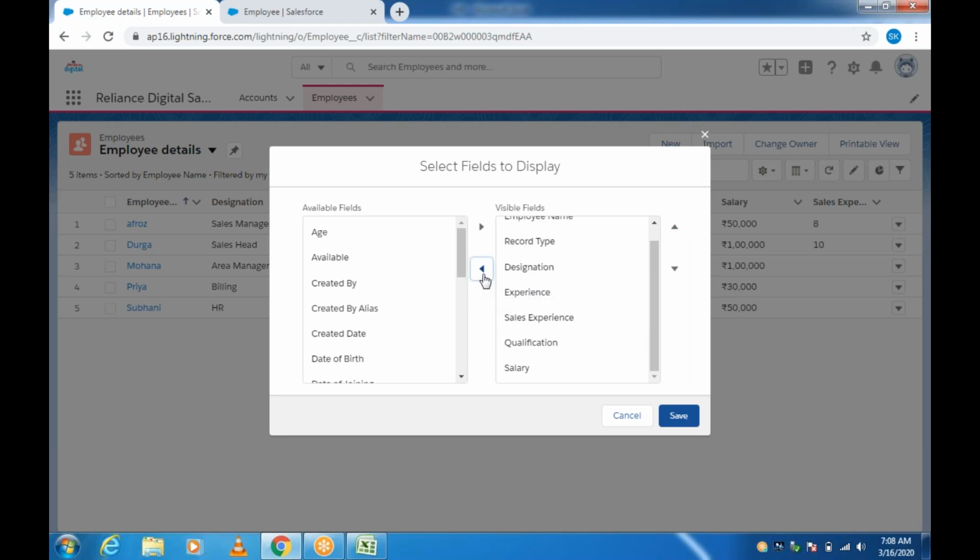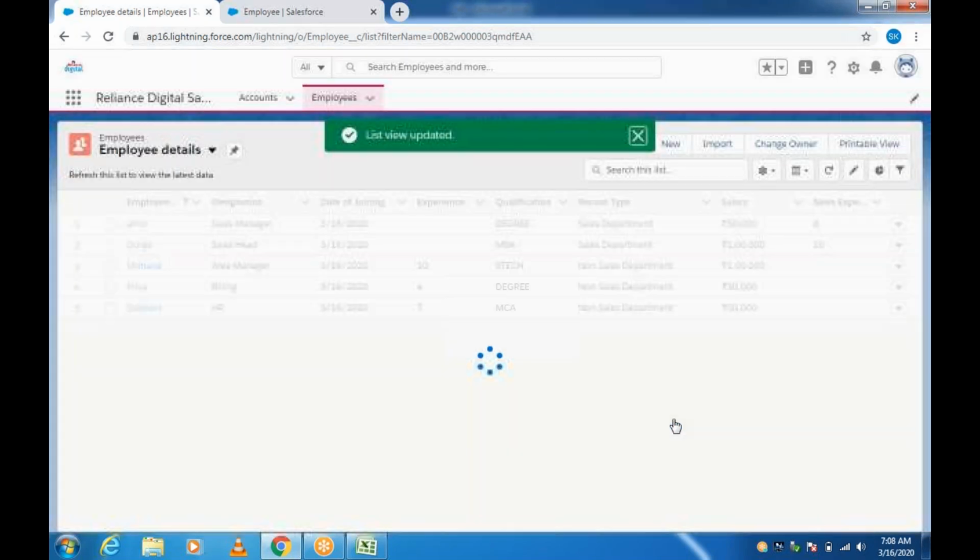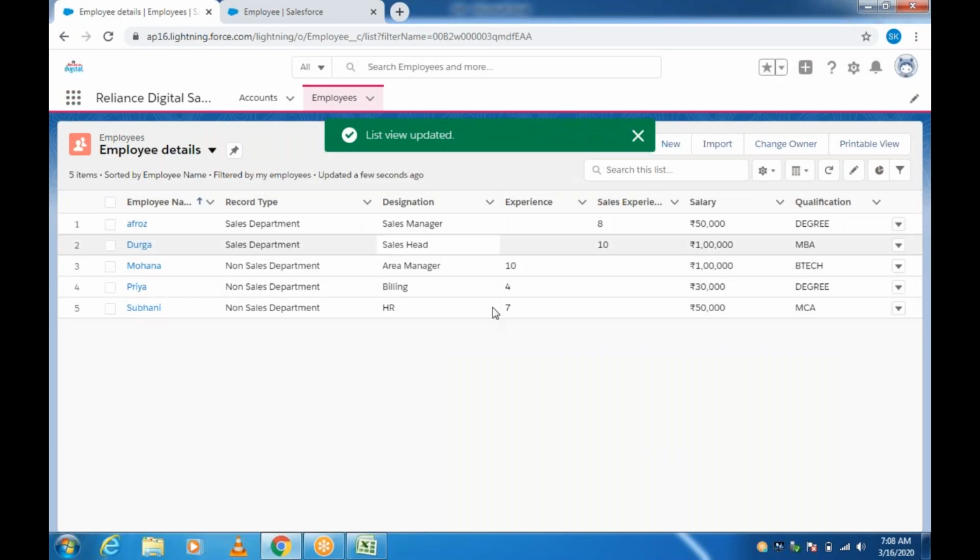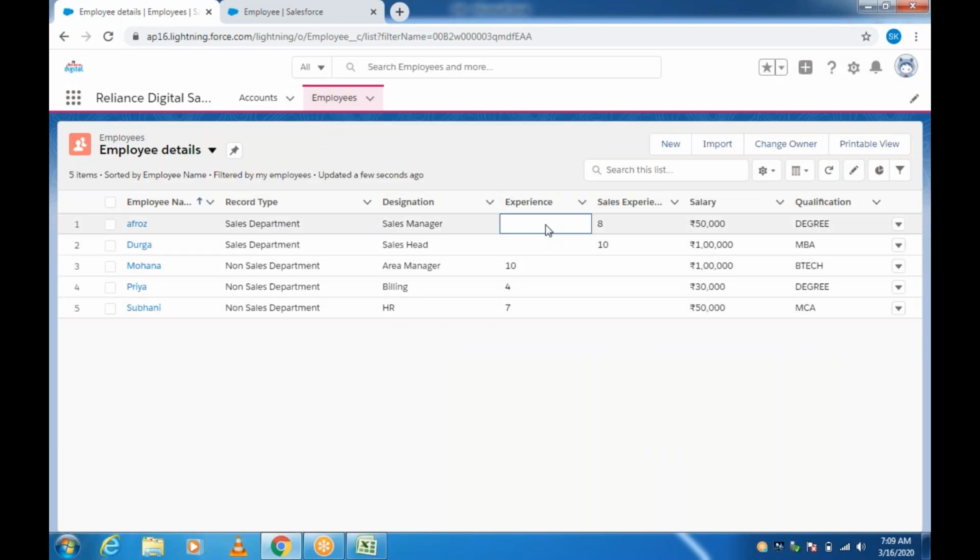So date of joining I don't want, qualification, salary I want to show. And save it. Okay. See here. So this is how they can see, and here they can differentiate the record type, and they can